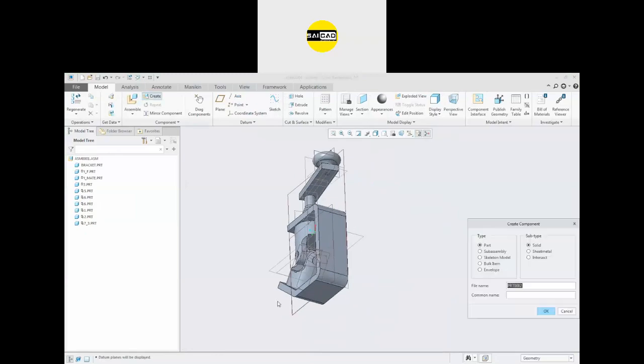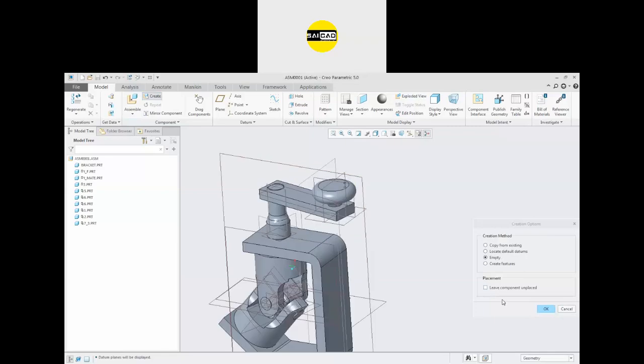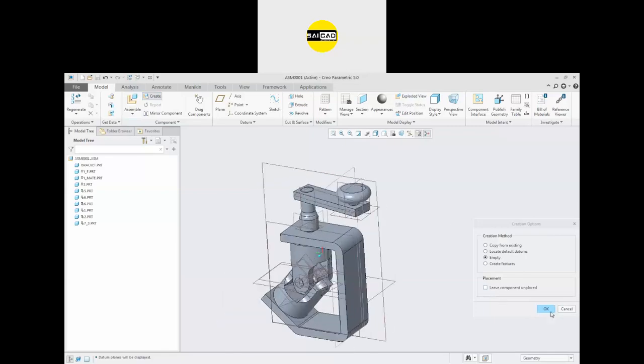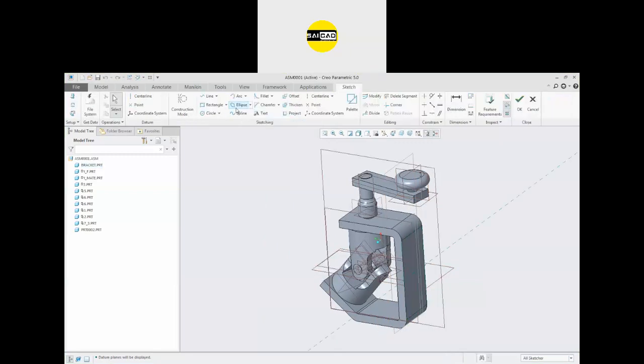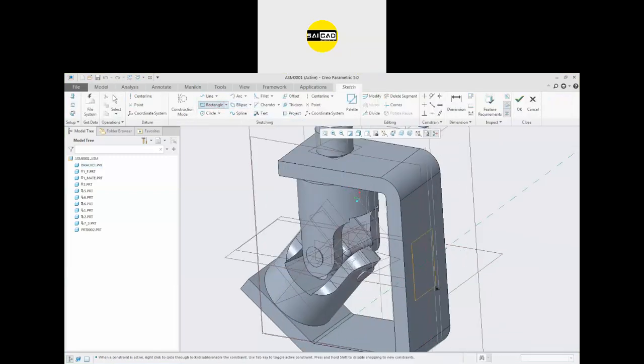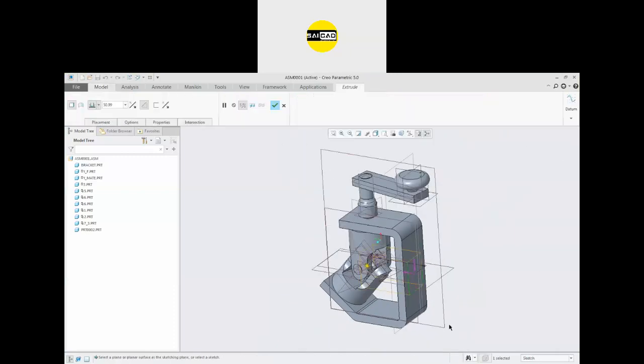So I'm going to create a new part with part solid and the name. I'm going to place the object first. So in the placement you have to specify the reference plane. I'm going to use OK. So now you have to specify where you want to create the part. So I'm going to create the part here. Go to the sketch. You can just create the sketch on this face directly and click OK. Now you can apply any feature like that in here. You can see this is the feature.